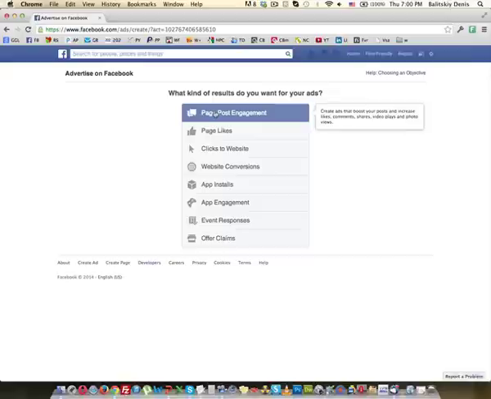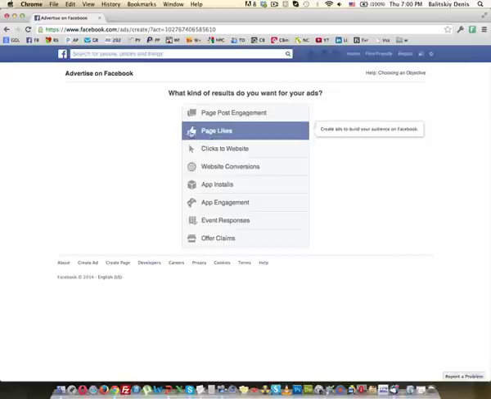Okay. Now, here's a couple of things you need to know about the likes. And actually, I do use the second option, which is the page likes. When do I need the likes? First of all, if I need some social proof in order to show somebody and actually say, hey, I have so many likes. Or for instance, if I'm using a FunGate, okay, then yes, I would drive a like campaign. And a FunGate is basically a software that allows you to redirect people, after they like your page, to any place you want. In that case, I do use page likes, but I would never just target page likes just for having them, because you're not going to be profitable.